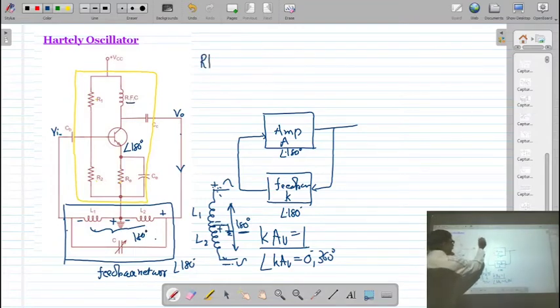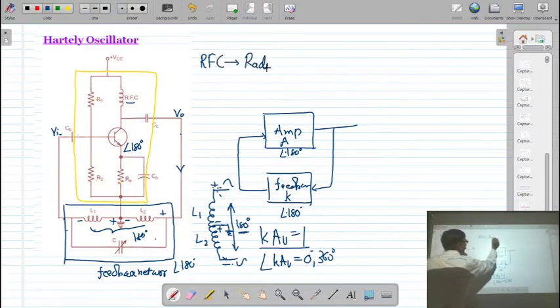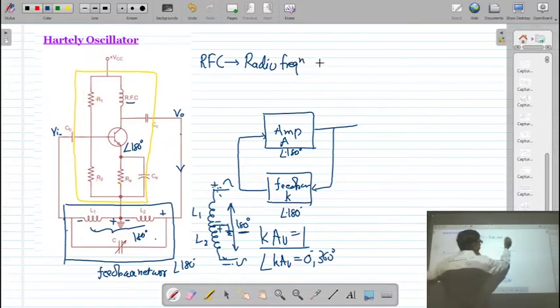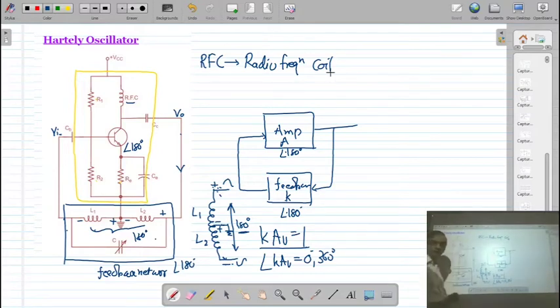So, what is the RFC? It is known as a radio frequency choke or a coil. It is a kind of simple coil. So, here we don't have a resistive load. It is an inductive load that is there. And why do we require the inductive load? Because when the oscillation will take place,